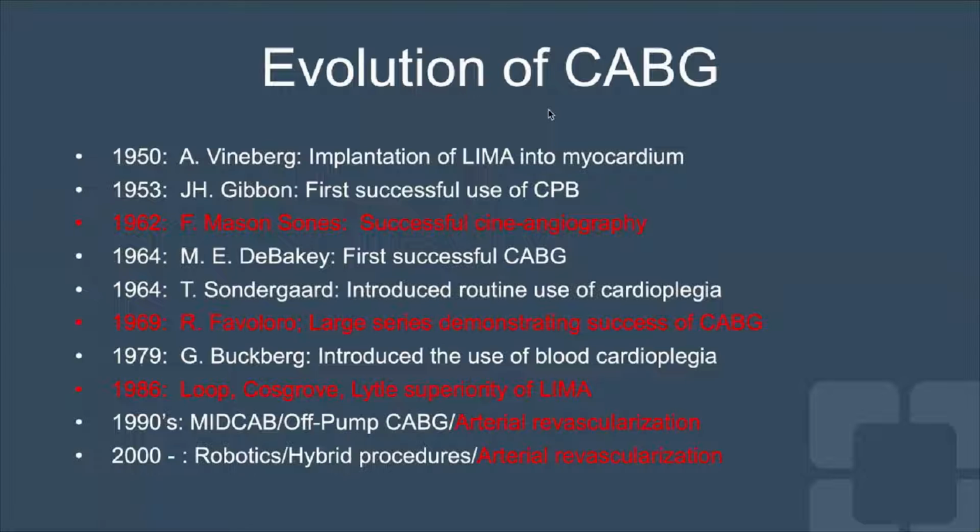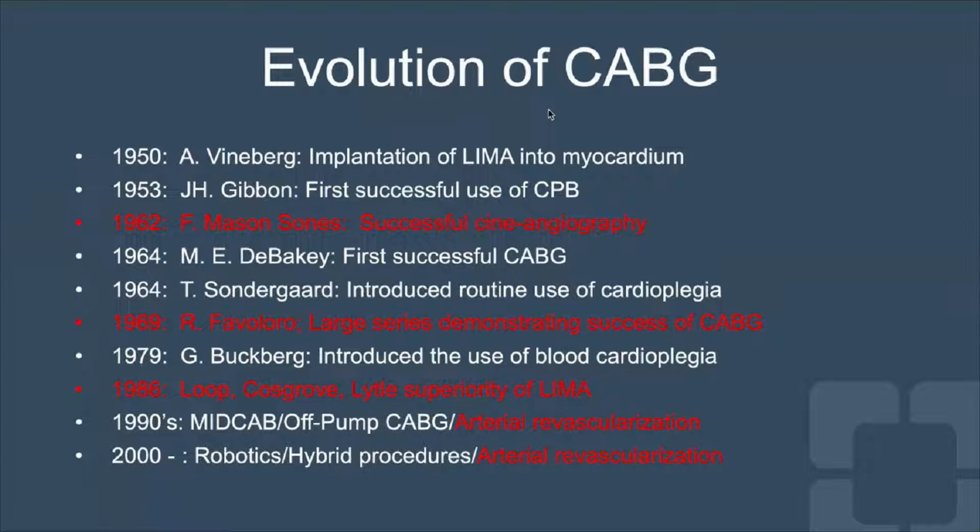So coronary artery bypass started in the 1950s with what was called the Weinberg procedure. The Weinberg procedure was essentially using the internal mammary artery, or the internal thoracic artery, and sewing that artery directly into the myocardium. However, it wasn't until 1962 that Mason Sones, who was a cardiologist doing angiography, discovered that the